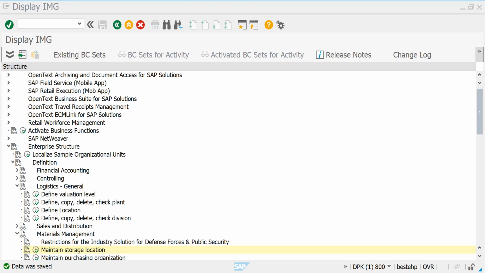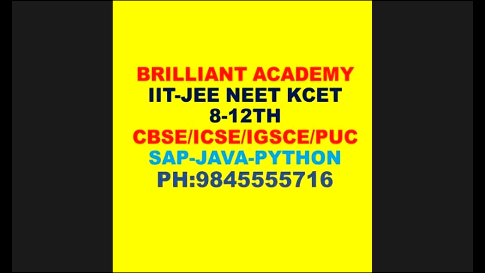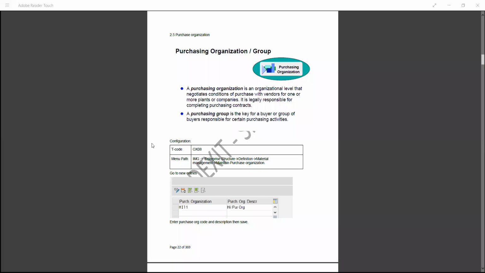A purchasing group is the key for a buyer or group of buyers responsible for certain purchasing activities.